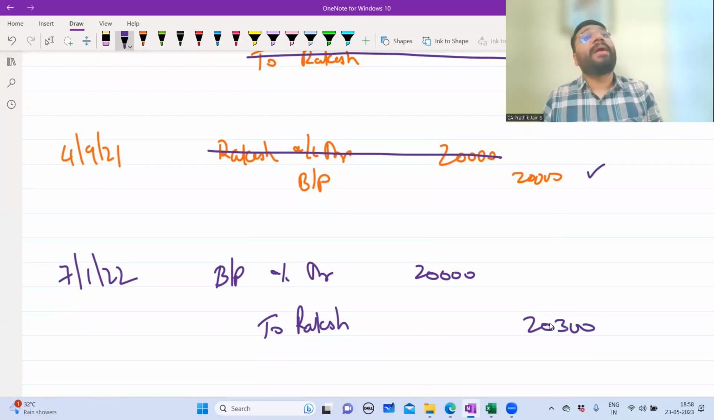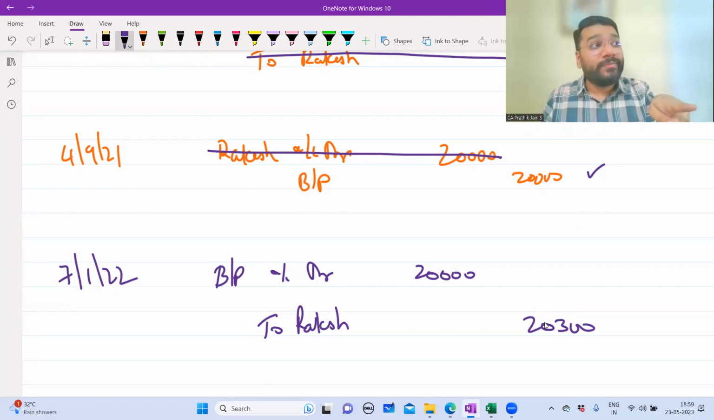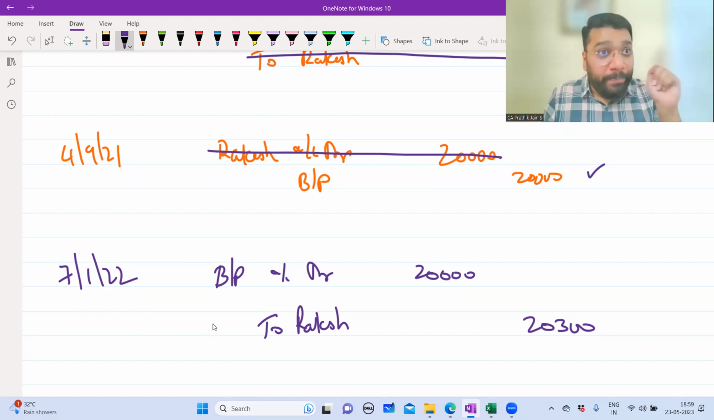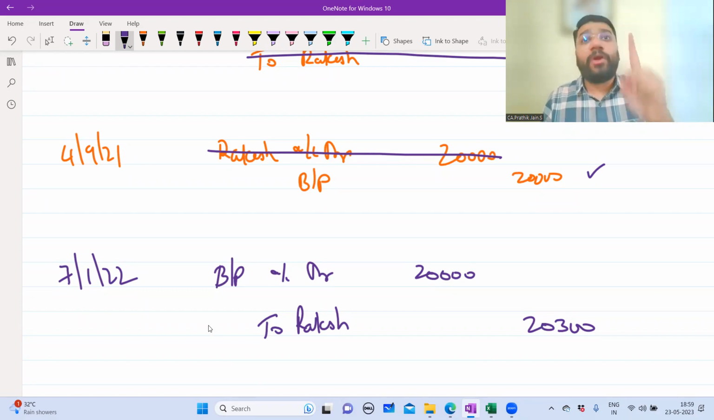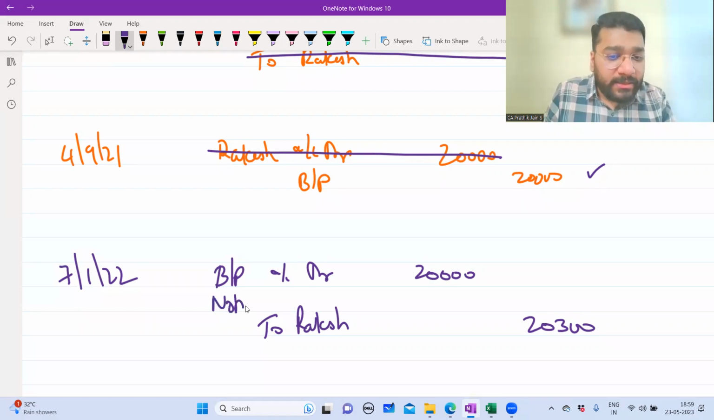20,300: 20,000 towards the bill and 300 towards notary charges. So noting charges, who will bear them now? Bhavesh. The person who is bearing will record the expense in their book. So who is bearing here? Bhavesh. So noting charges